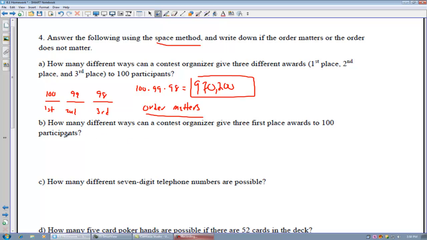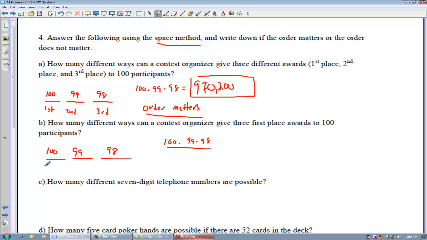Now the next problem, part B, it says how many different ways can a contest organizer give 3 first place awards to 100 participants? Okay, so now you have 3 spots, but they're all the same. So the idea is you count them as if they're different at first. So 100 choices there, 99 choices there, 98 choices there. But when you go to compute this, you remember that the order doesn't matter. So you have 100 times 99 times 98, and you're going to divide out by